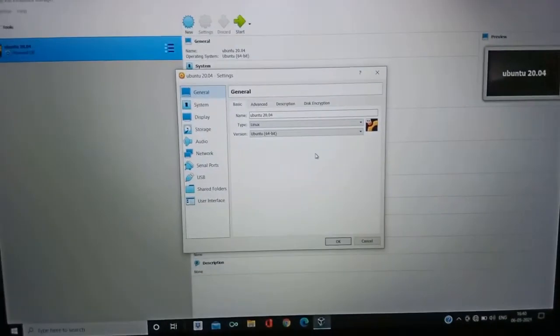So now you can see here the OK button can be accessed by the user.